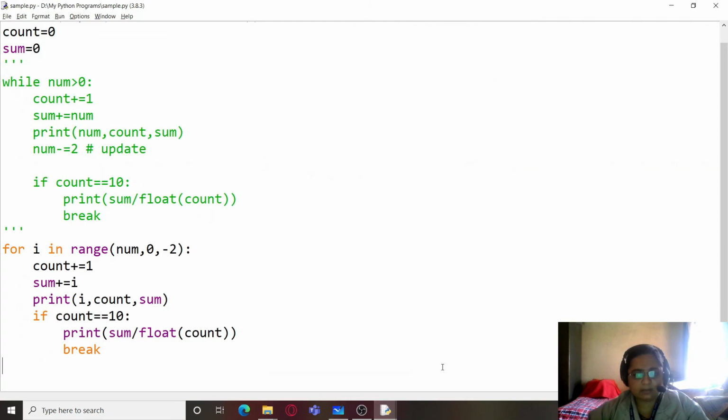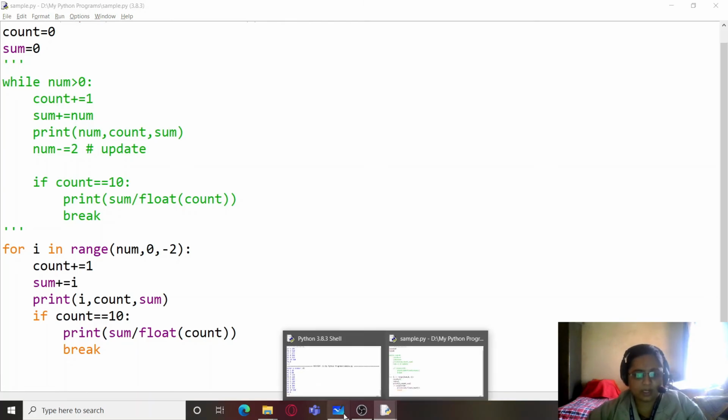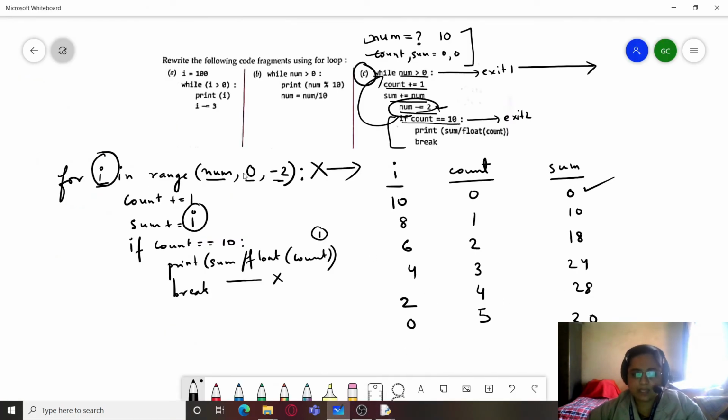Now you won't be getting a Python idle during your theory exam, so you have to rely on your dry run, which I have already explained here. So just take a small value and check the loops, check the loop iterations, and check the values for each of the code. You should get the same output in both the cases. Only thing we just changed something over here. Instead of num, we have just replaced it by I, because we cannot change the value of num in this case.